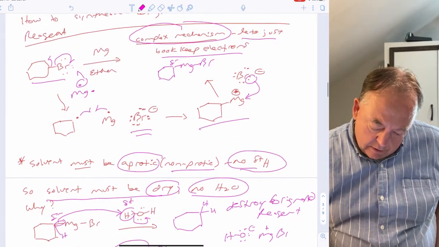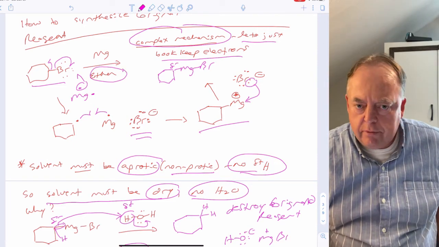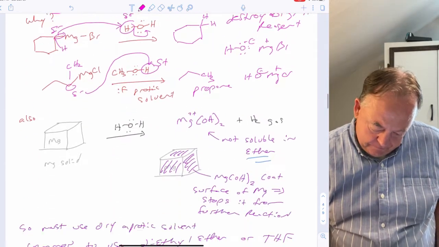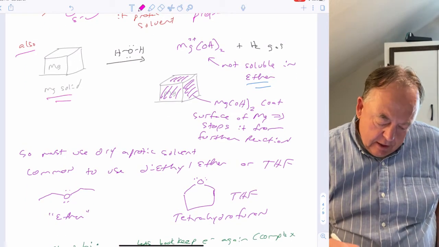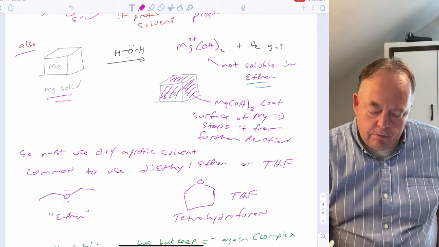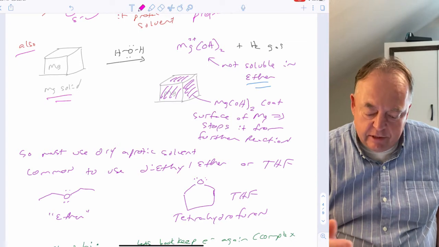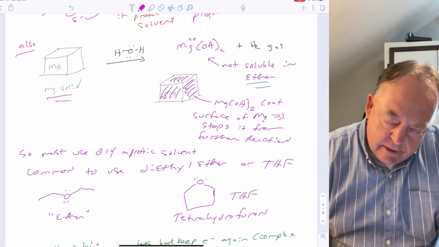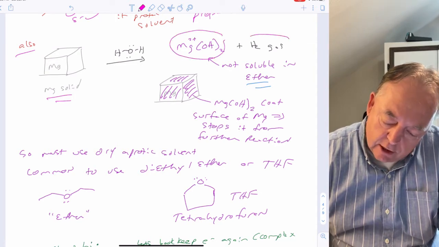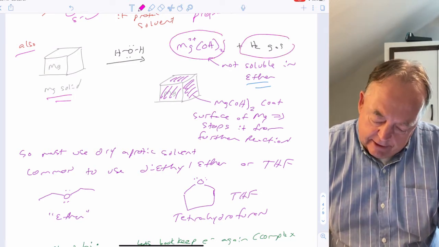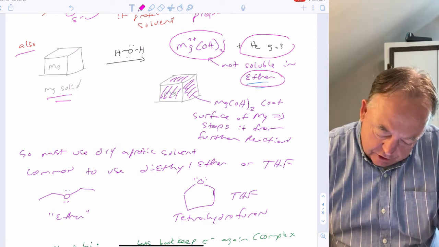And so then a common solvent for making organometallic reagents would be using something like ether. So there's another problem if water's present. So you're just adding chunks of magnesium, either as magnesium strips or small pieces of that magnesium to your reaction. And magnesium can react with water itself. So it will react to make magnesium hydroxide and hydrogen gas. And since your solvent is ether, well, magnesium hydroxide is not soluble in ether. So what it's going to do, it's going to coat